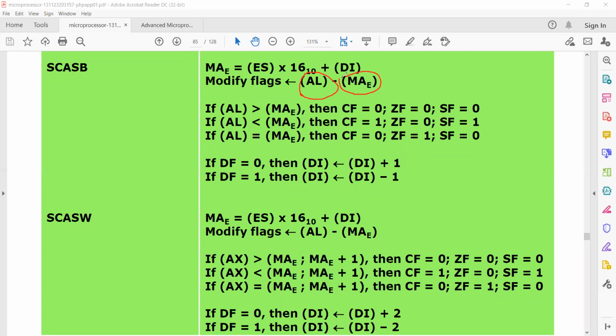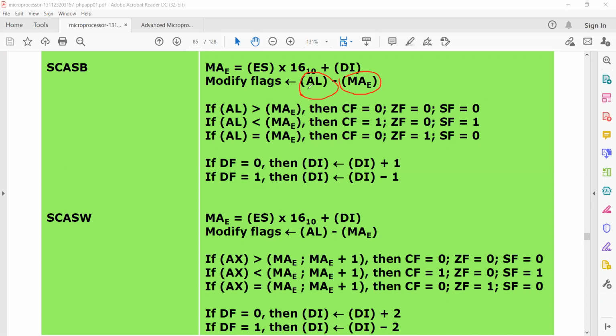If the destination address of the string is known, that particular string is scanned with the help of the AL register.